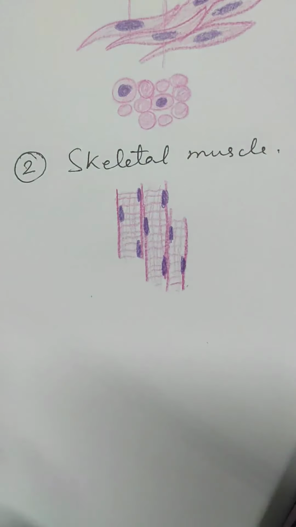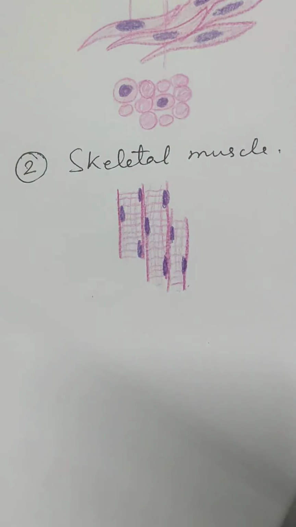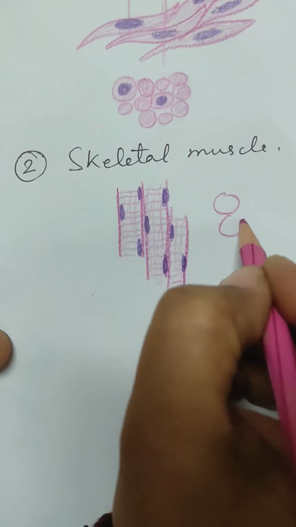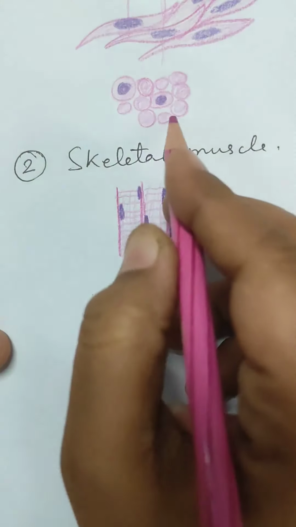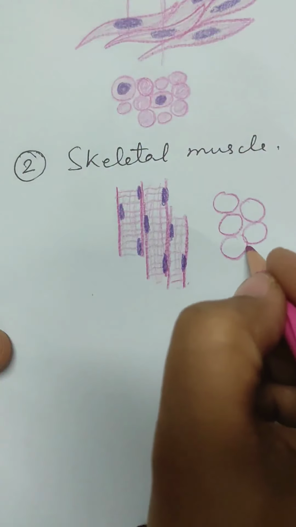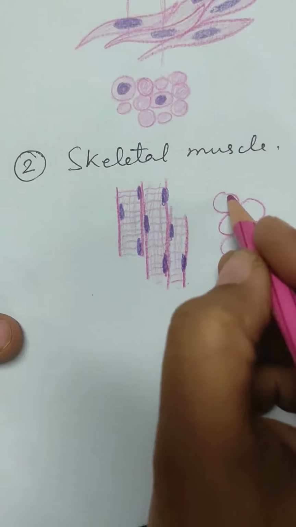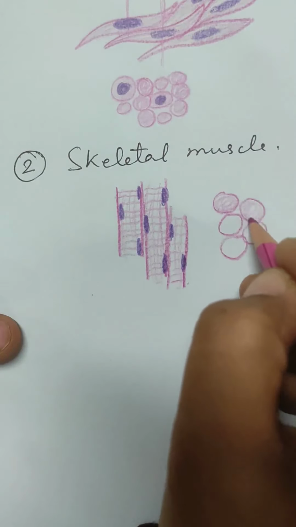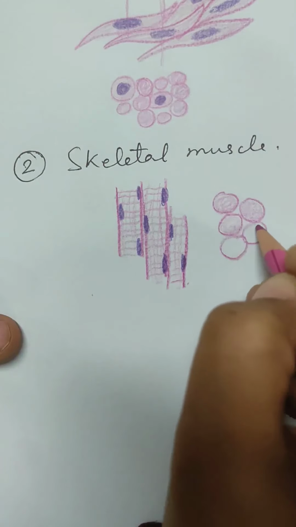But when you take a cross section of the skeletal muscle, you will find that they will again be in circles. And usually the circles are of similar size. They do not have tapering ends to make smaller circles. So they will be of similar size. They will be filled with cytoplasm. But these striations will not be seen.